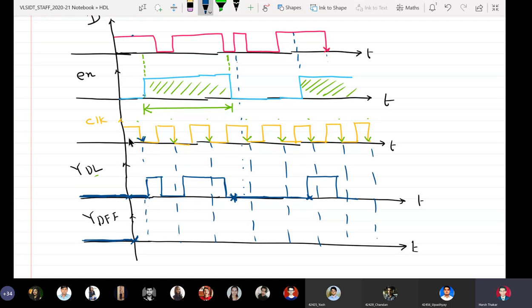So till the falling edge comes, it remembers. Its previous state was 0, so it will remember like this. At this instant it is getting 1, so it will go to 1. Then it will continue to remain 1 till the arrival of the next falling edge. The next falling edge has come, and at this edge it is sampled again. What is the sampled value at the second falling edge? 0, sir. So it will come down.